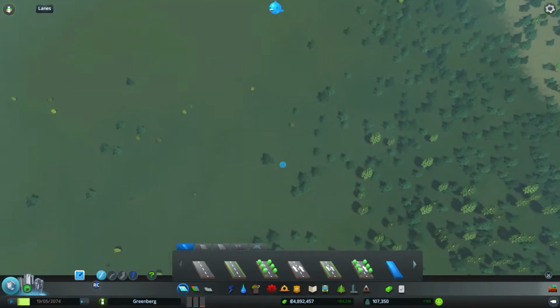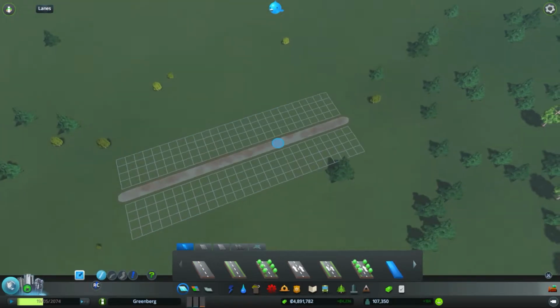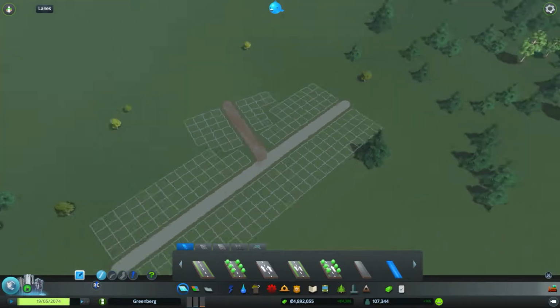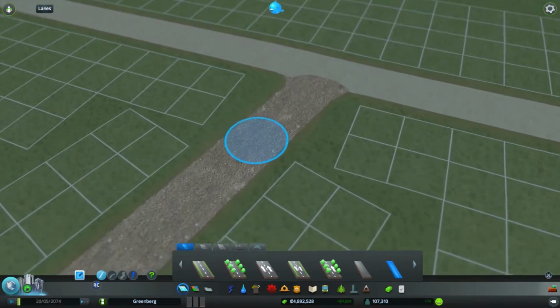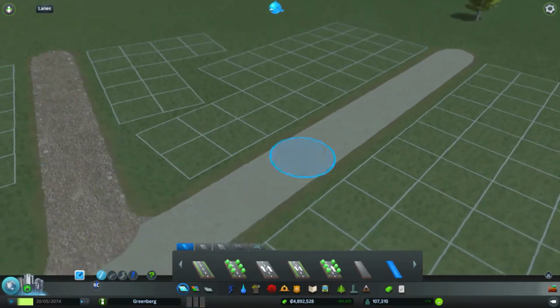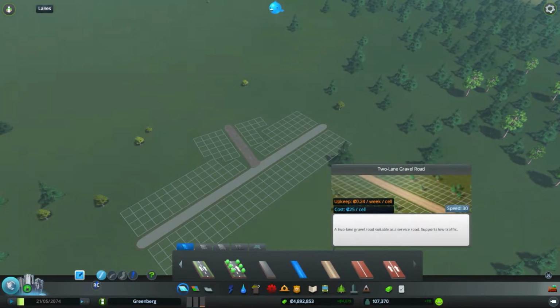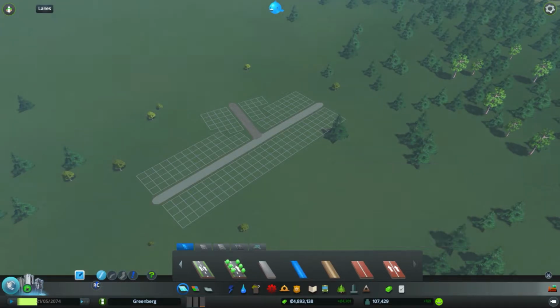So the first thing, it adds pedestrian roads. So these are roads that are purely for pedestrians. It adds a regular kind of pedestrian road as well as pedestrian gravel roads. So there you go. It's pretty cool. You can create those however you want. Set them around your city. But the other stuff it adds, besides this regular 2 gravel road that goes here,